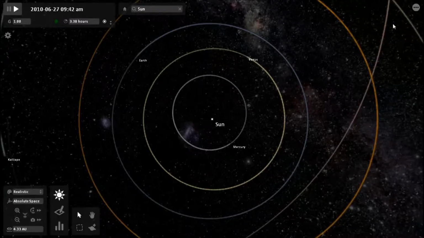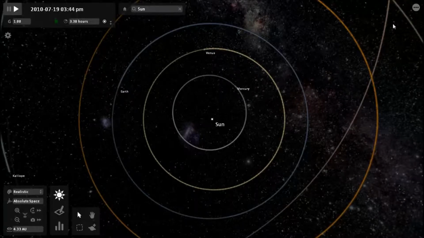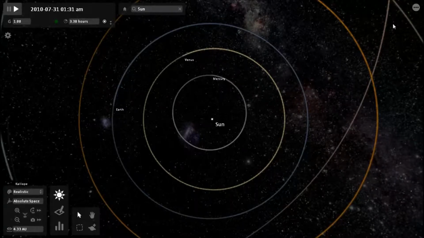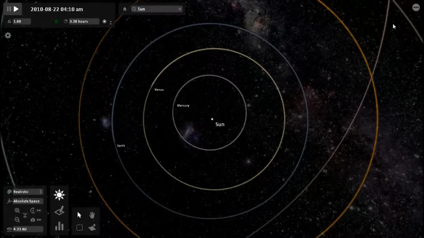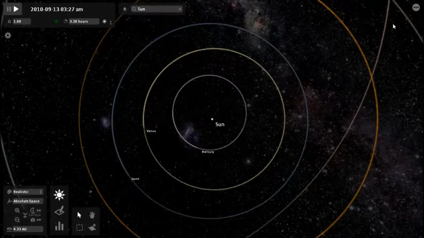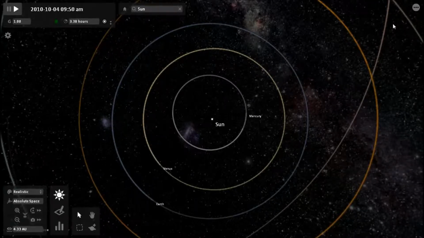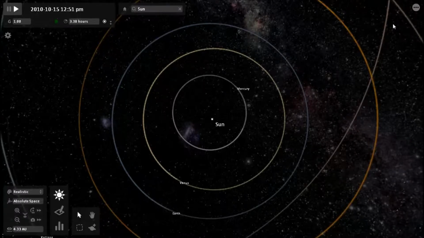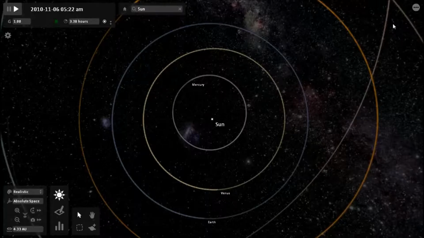And now we come to our first concept question. If we assume that the orbit of the Earth about the Sun is a perfect circle, does the gravitational force on the Earth directed towards the Sun do any work on the Earth? And the answer is no, because at any point on the path of the Earth about the Sun, the force is always directed perpendicular to its motion.